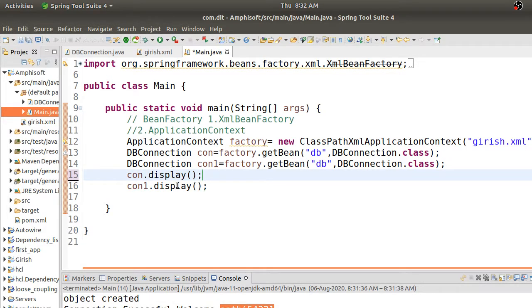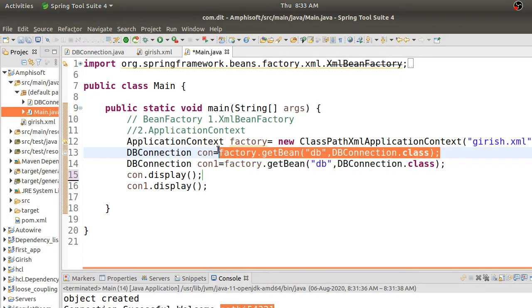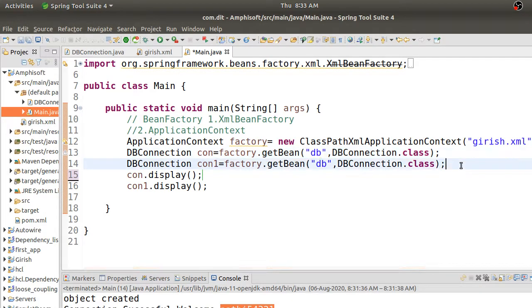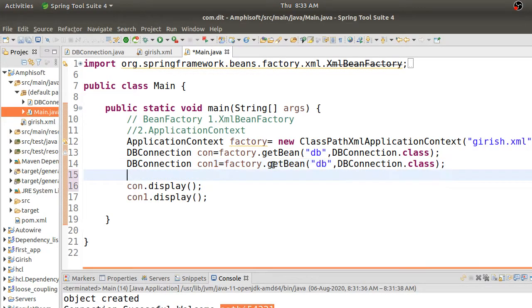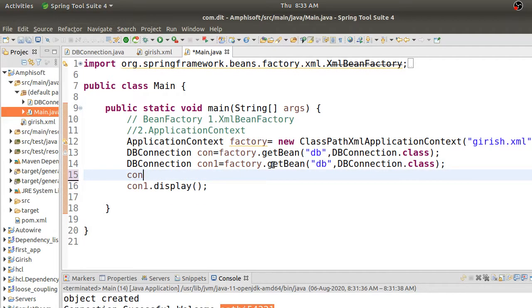So I will do con.display and connection1.display. For example, I have created this object once by pulling this DB as a parameter. But next time, in connection one, if you make any changes, say I had made some changes previously, I'll go back to that.